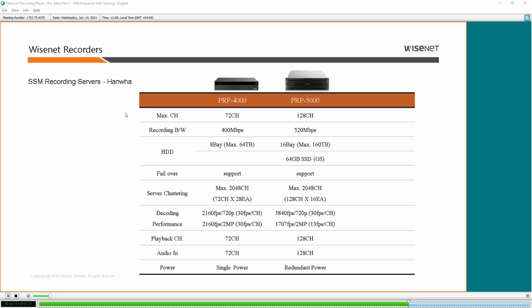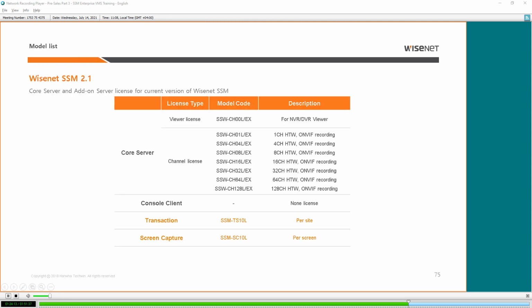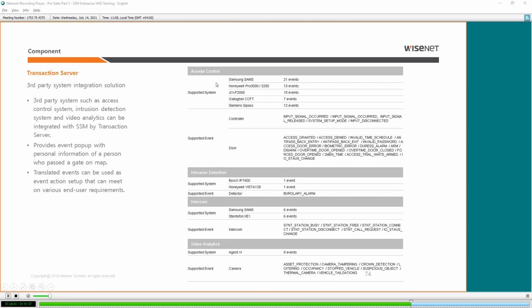All right, so next about integration. If you are going to integrate a project, you need a transaction license. It's called the TS10 license. Only one license is required for the entire project. And all the licenses are one time, lifetime. You get free upgrades. There's no need to pay recurring fees, monthly fee or yearly fee. There's no such fees, no upgrade fees. So it is free to use one time. Okay, transaction license. If you are going to integrate with any third party systems, as many third party systems as you have, you need one license.